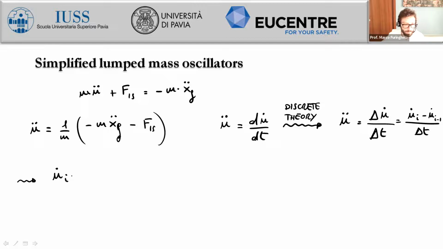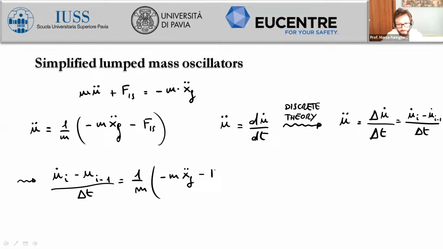the variation of velocity divided by delta t equal to 1 over m, which multiplies minus m xg second derivative minus isolation force. And so finally, we get the expression that we used on Tuesday. So the ith relative velocity is equal to the ith minus 1 relative velocity, plus the variation of time divided by the mass,